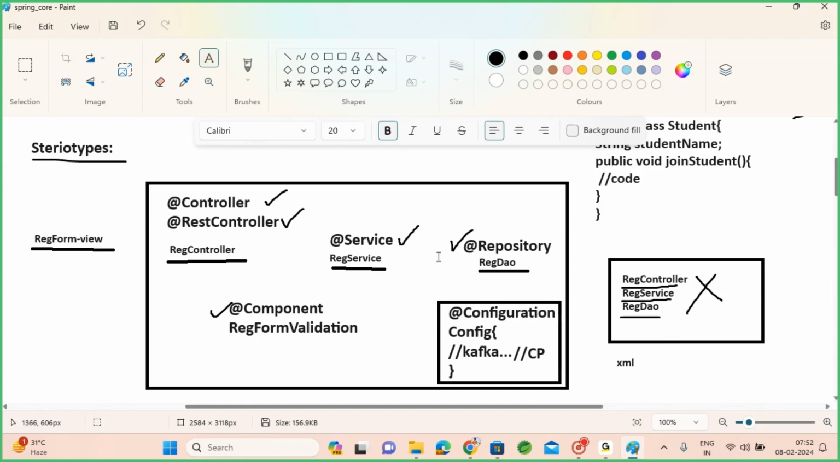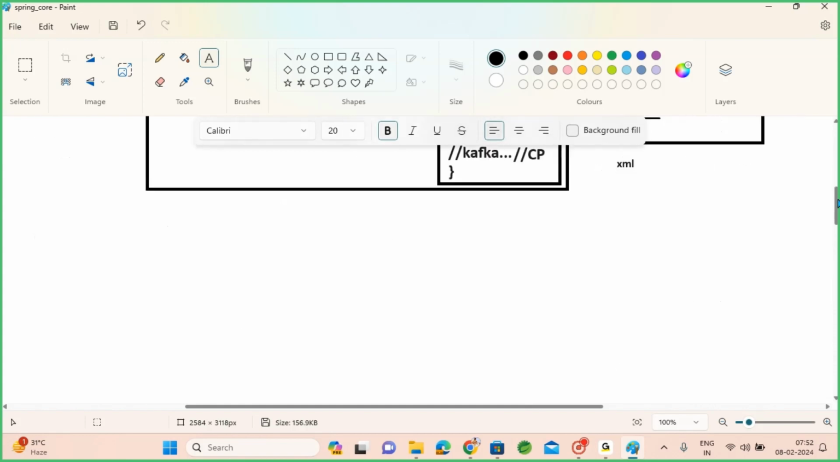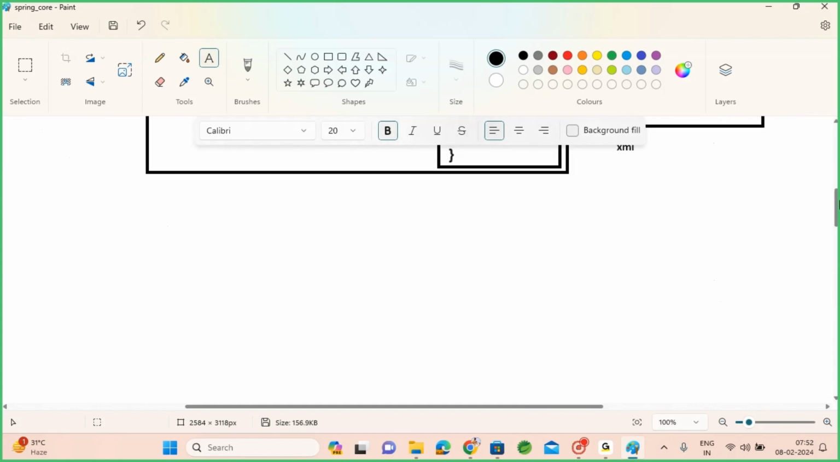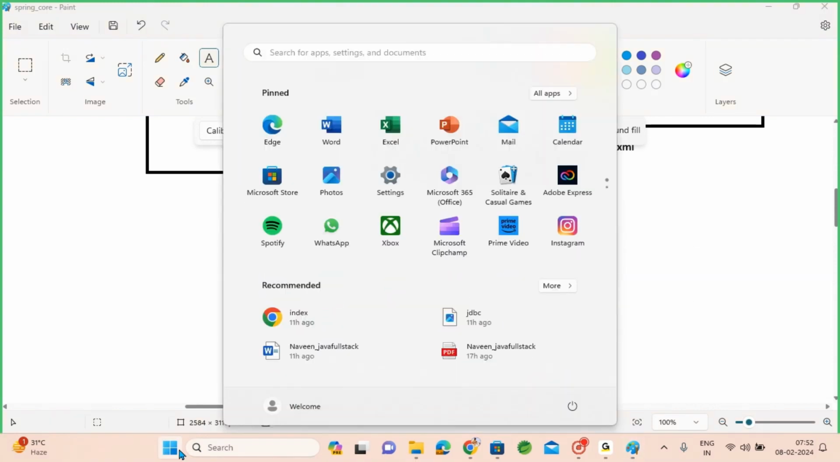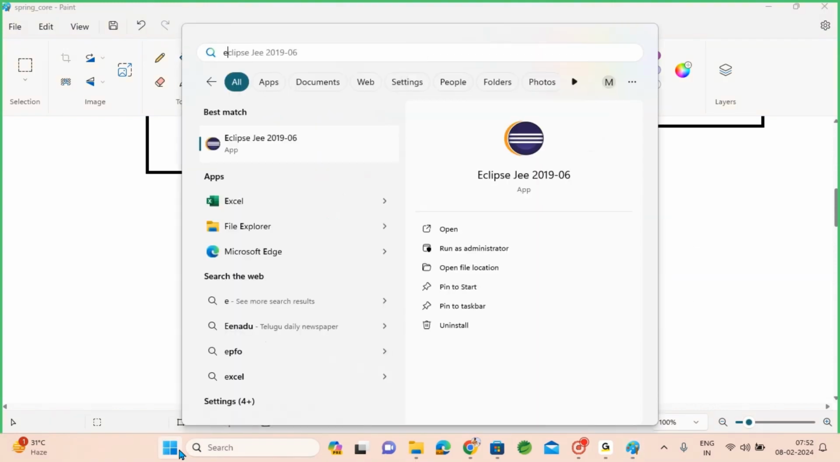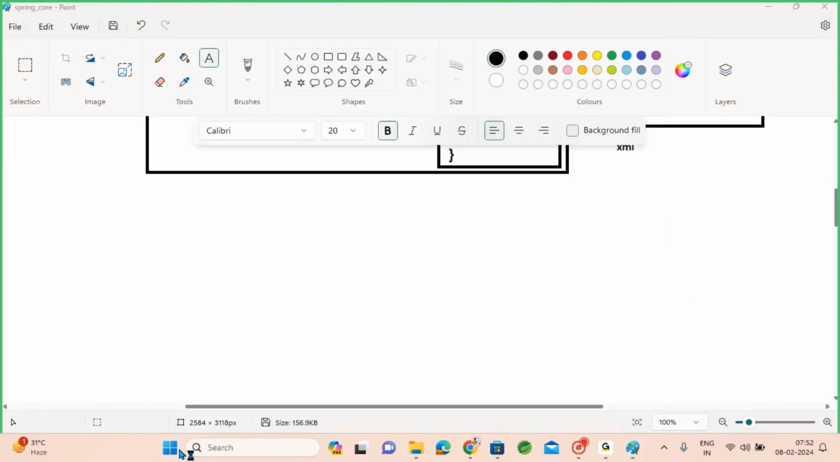But when you want to create objects for your MVC classes, either without these annotations configure them in the XML file, or with these annotations you can avoid XML. With XML or without XML you can decide. So we have done an example also, right? We have created